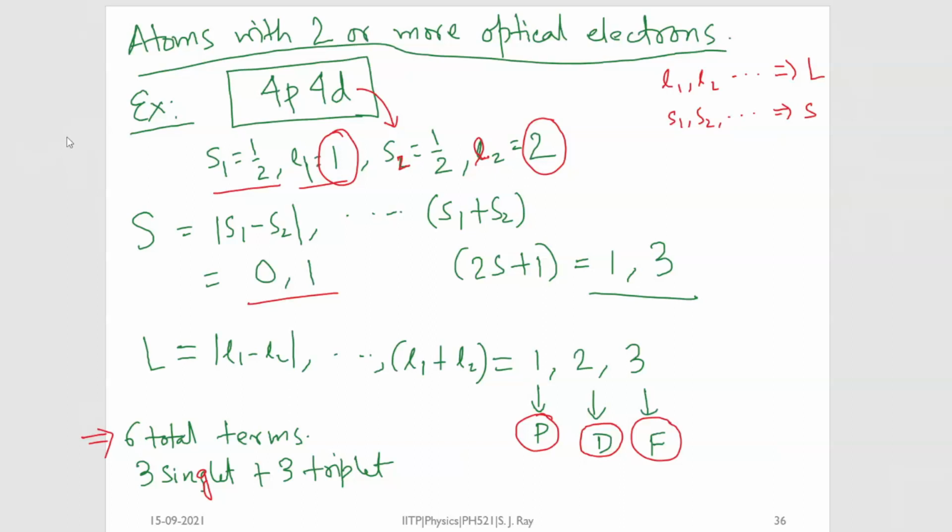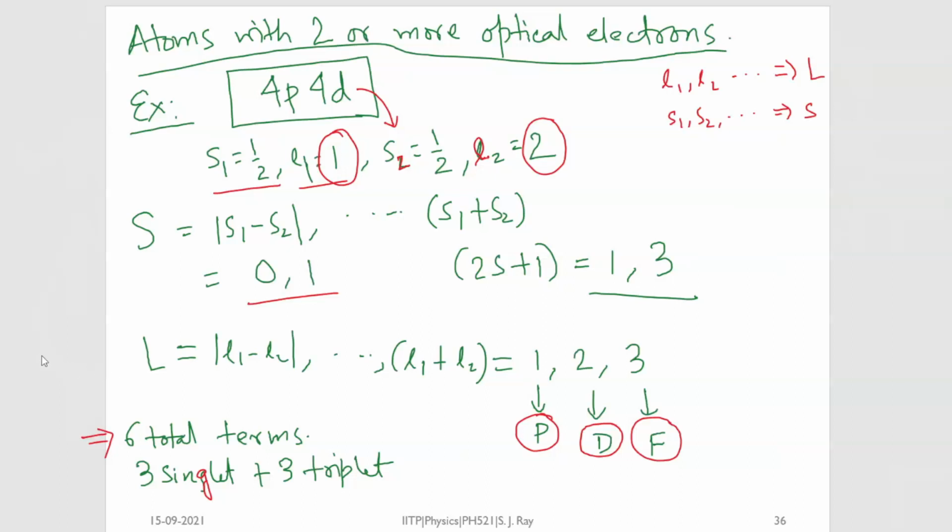We took an example of a 4p system, and for that we assumed that the atomic number is relatively small, which means that the spin orbit interaction is weak. So we first have to couple the individual spins, which is the spin correlation effect, and then couple the individual orbital angular momentum vectors, which is the residual electrostatic interaction effect. From there we get what sort of terms we can expect.